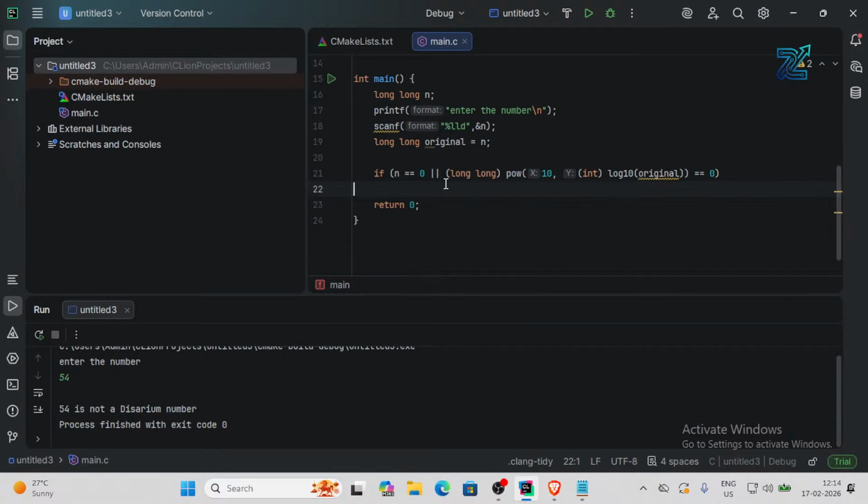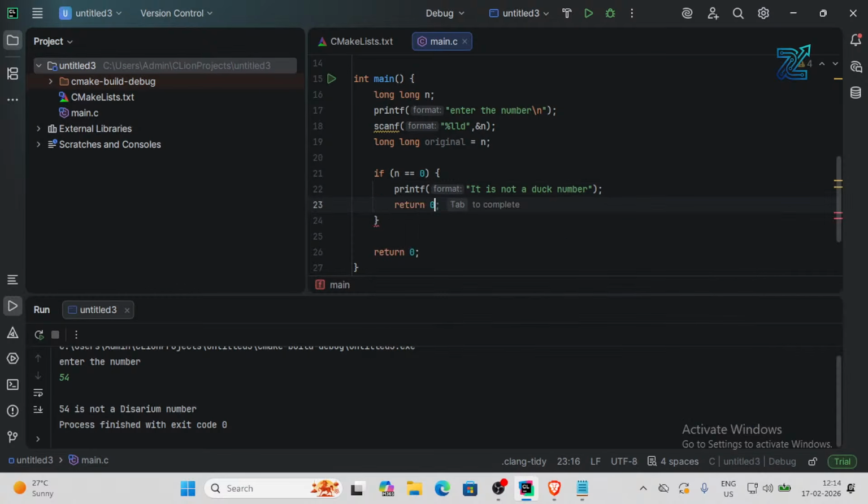We don't need this, we just need this one. If you don't understand, just leave that. So we can just print out it is not a duck number. There itself I can stop this program. So we will check if a number contains 0 within it. So while number not equal 0, that is n not equal 0,